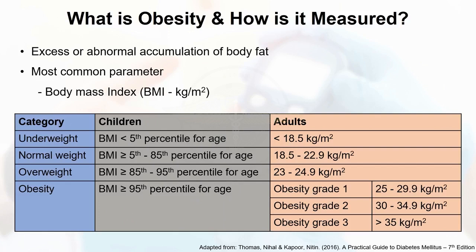Now, prevalence and burden. Here we should remember that we as South Asians have cutoffs slightly lower than the cutoffs for the Caucasian and European populations. So our cutoff is 23, not 25, for overweight. But grades 1, 2, 3 are easier to remember as 25 to 30, 30 to 35, like that. It's simpler.